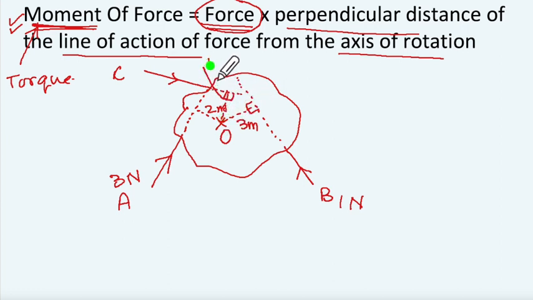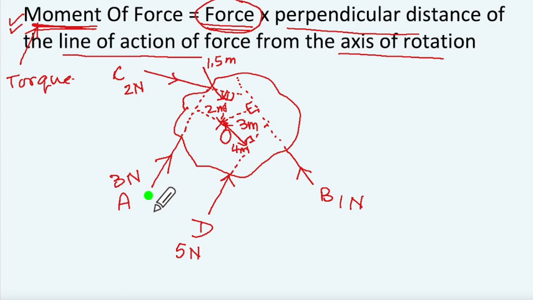Let us say that this is 1.5 meter, and let us say this one is 2 Newton. Okay, let us take another force over here. Let us take force D, which is this way, and from here to here this one is, let us say, 4 meter. This is the perpendicular distance, and let us say this one is 5 Newton, this force D.